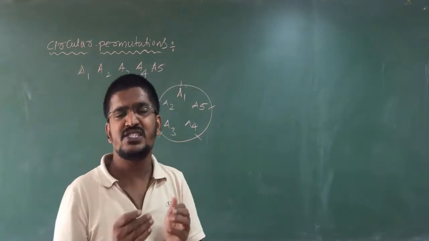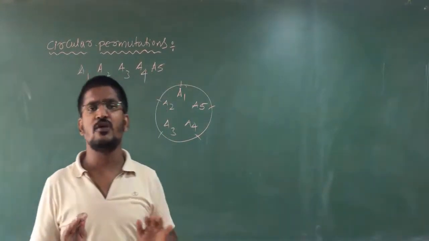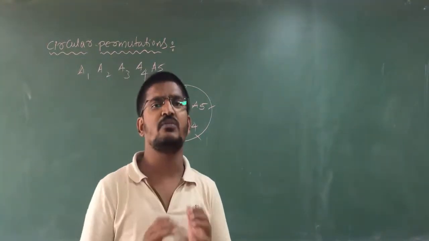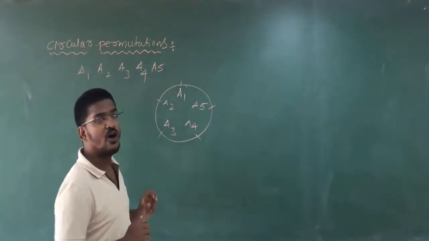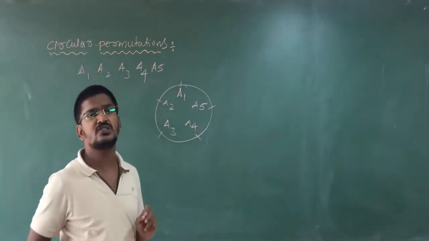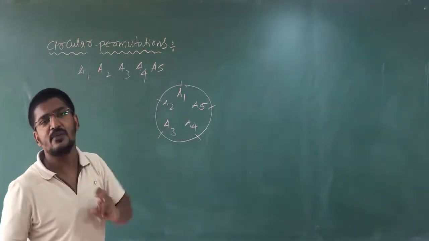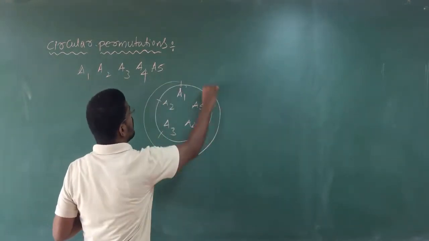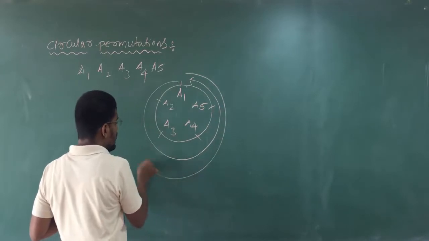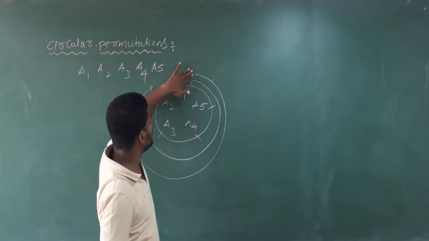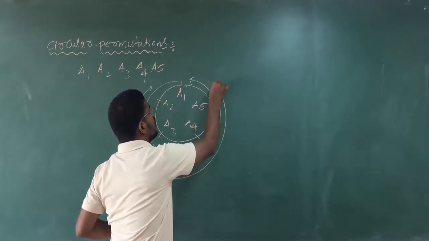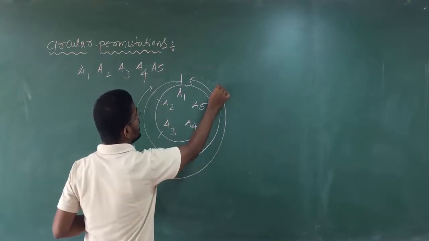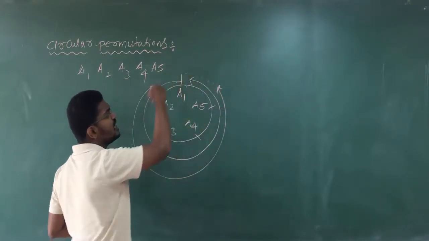Just now we are understanding what circular permutation is. We are not going through any formulas here. Circular permutation is the arrangement of the given objects in circular form. Clear, students? For example, we have 5 elements. I have arranged them in circular form from A1 to A5. You have started with A1, you came around, and you ended at 5. So it is the arrangement in circular form.